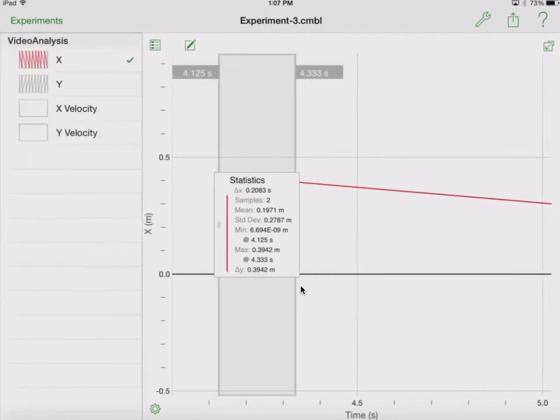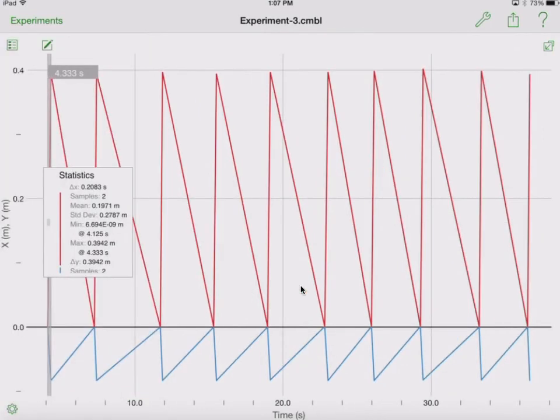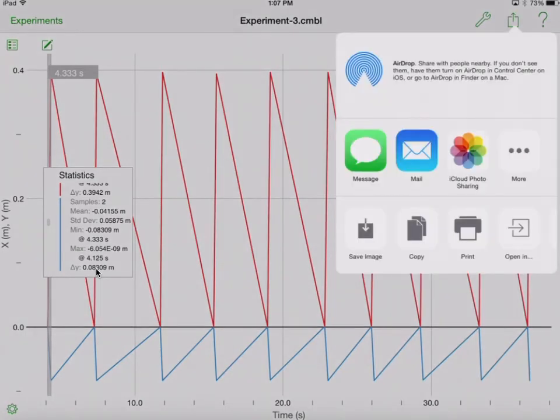Another thing that you can do is bring Y into the picture, close this down, and now not only do you have X, but you have Y, and it's saying that the delta Y for Y is 0.08 meters, or 8 centimeters, 8.3 centimeters. Cool? So I'm going to suggest that you guys just take this and open this in,